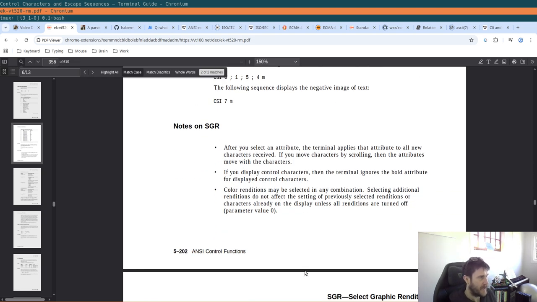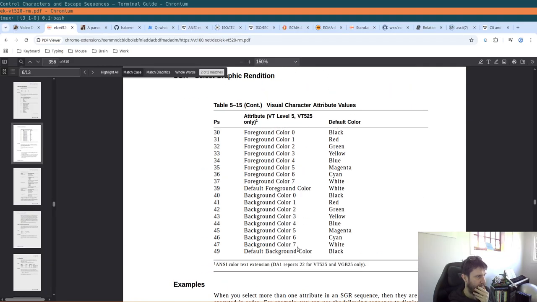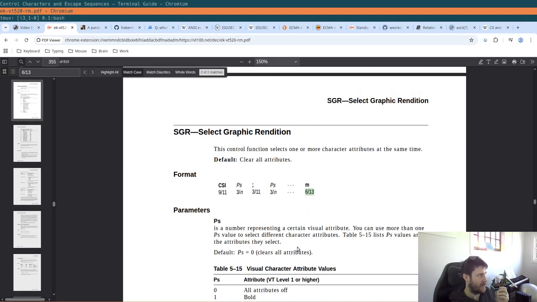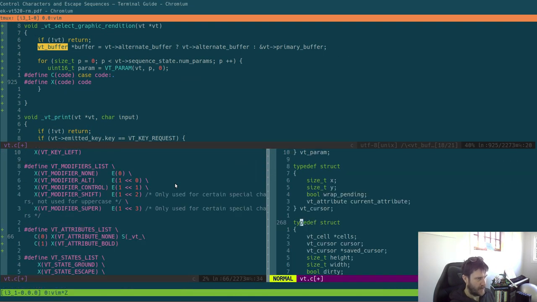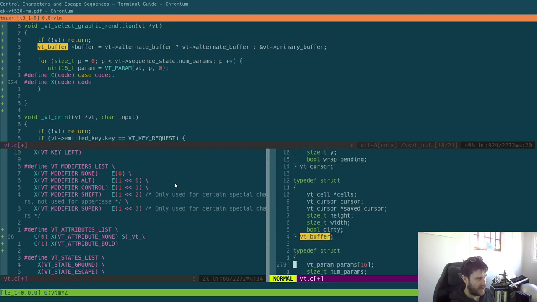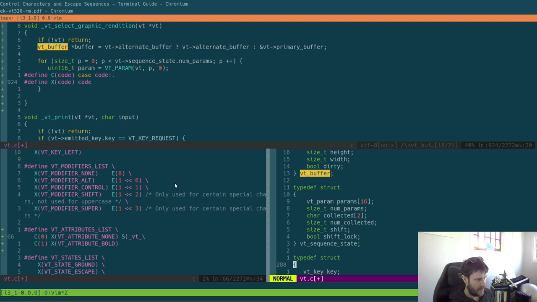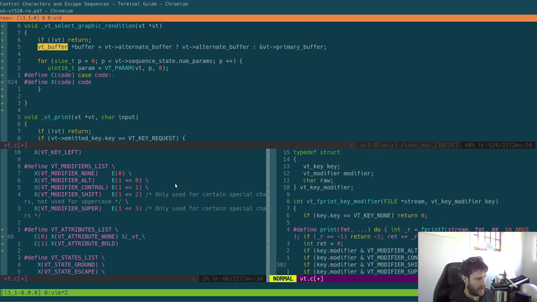But yeah, it kind of means that this attribute that I had in the code doesn't really belong there. It shouldn't be on the buffer. I think it's potentially just on the actual